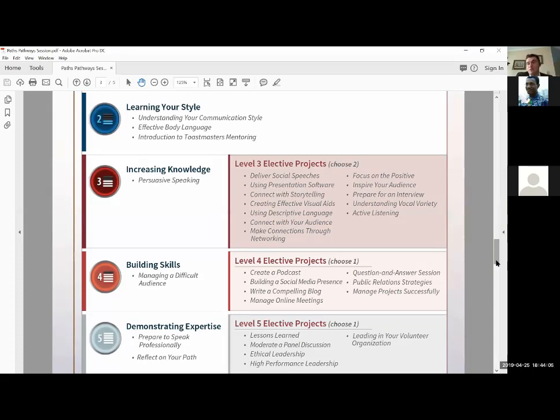I will answer some questions later on as to what specific projects entail. I have completed a number of them thus far, so do save your questions for later. Level 4,